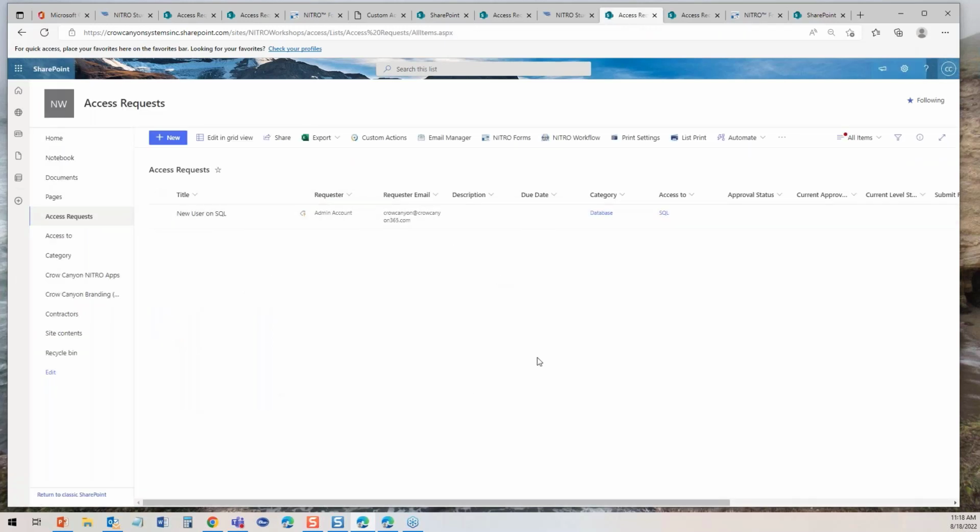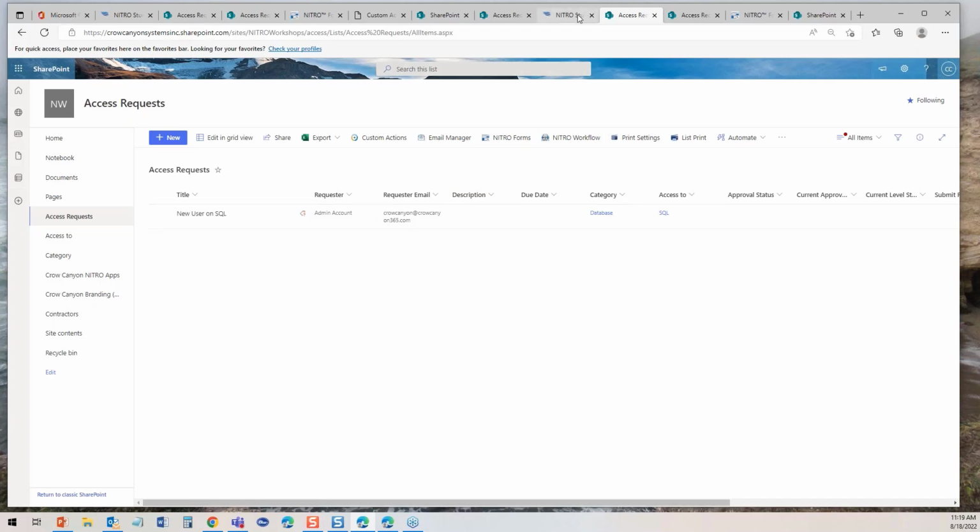And now we can kind of come from two different directions. One is we go to the form and start adding buttons to it, or we could go to NITRO Studio and work from the workflow level or the custom action level. So we'll kind of look at both ways of going about it, but you will notice that there's NITRO components right here in the ribbon. This is the modern view and modern UI. There's also a classic option here, but it's right there available for you to access, or